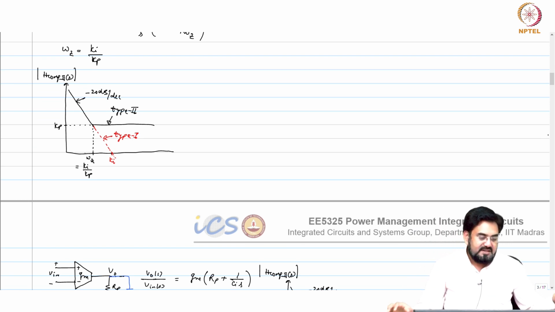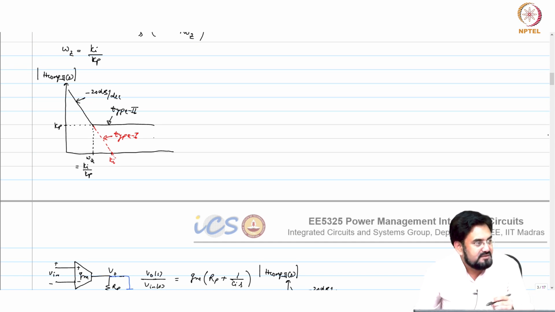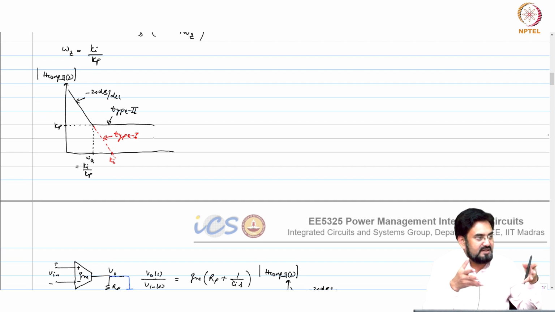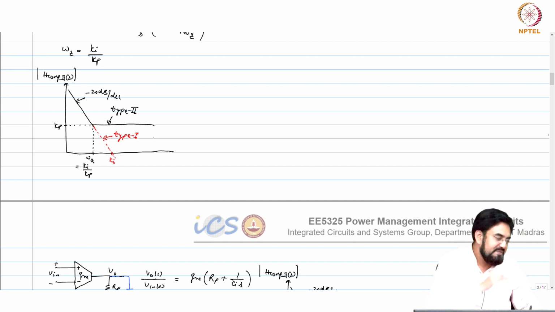What I am saying, this flat gain, then you have to shape your curve like this, the whole curve has to be shifted along with the integrator and your proportional, everything, if you made your omega z at a very low frequency. So your mid band gain required will be much lower, and that may basically degrade your transient response, because in order for the output to settle, you need to have a high gain. If your gain is not high, then your response will be sluggish in that case, correct. What is the purpose of having a high bandwidth? When we say high gain bandwidth, that means your gain and bandwidth both are high.